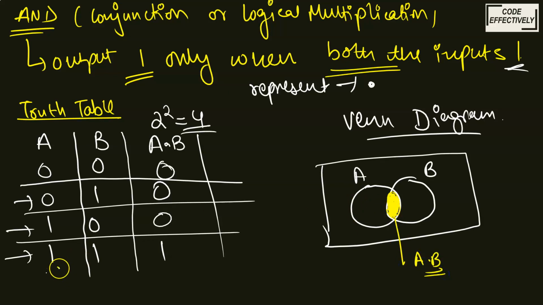So you can see when both are having 1 and 1, the common thing between A and B is 1. Now both are having 1, so then only we can have 1. 1 and 0, no, nothing is common between them. That's why we are writing 0 out here. When both are same, it means they are common, so then only we can write 1. So this is the entire logical representation of your AND gate.